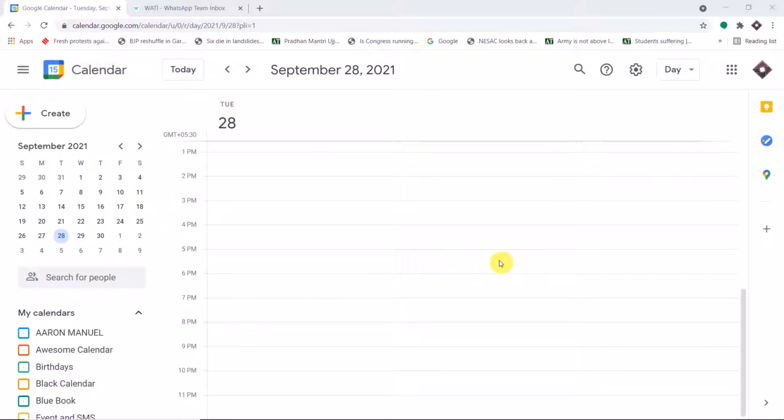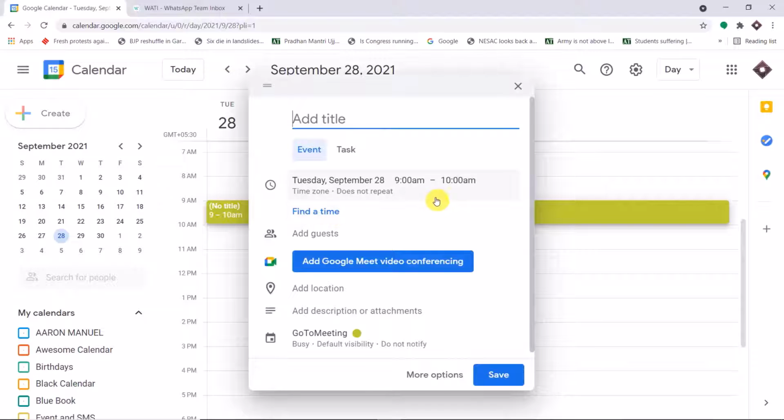Okay, so this is my Google Calendar, and what I'm going to do here is schedule an event. And once the event is scheduled, the person who will be the guest of this event, or the person this event is scheduled for, will be getting a message from me. So let us schedule an event. The event has been scheduled from 9 a.m. to 10 a.m. and the name of the event is Chemistry